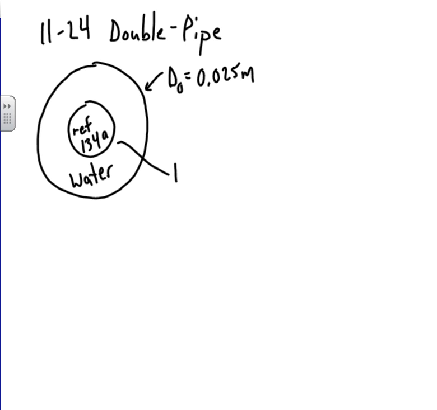We also know the inside diameter, DI, and that's going to be equal to 0.01 meters. We're also told that the mass flow rate of the water is equal to 0.3 kilograms per second,